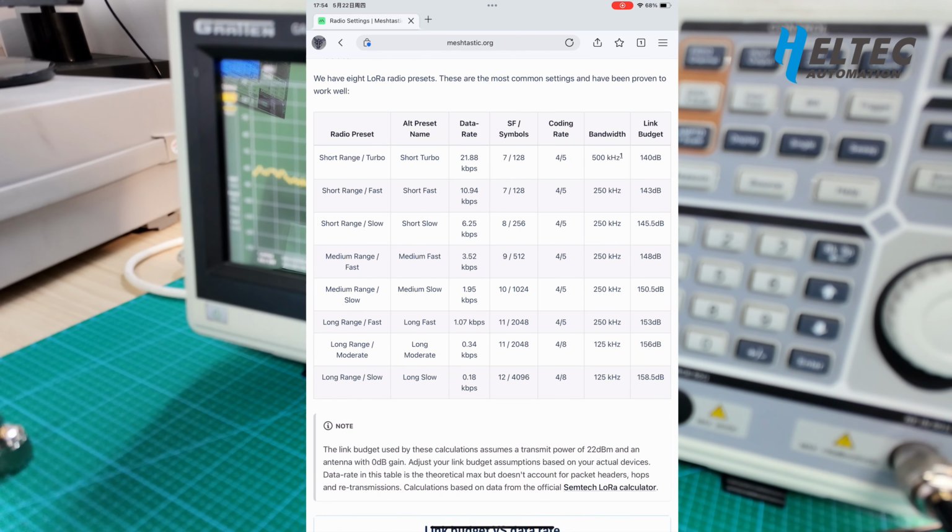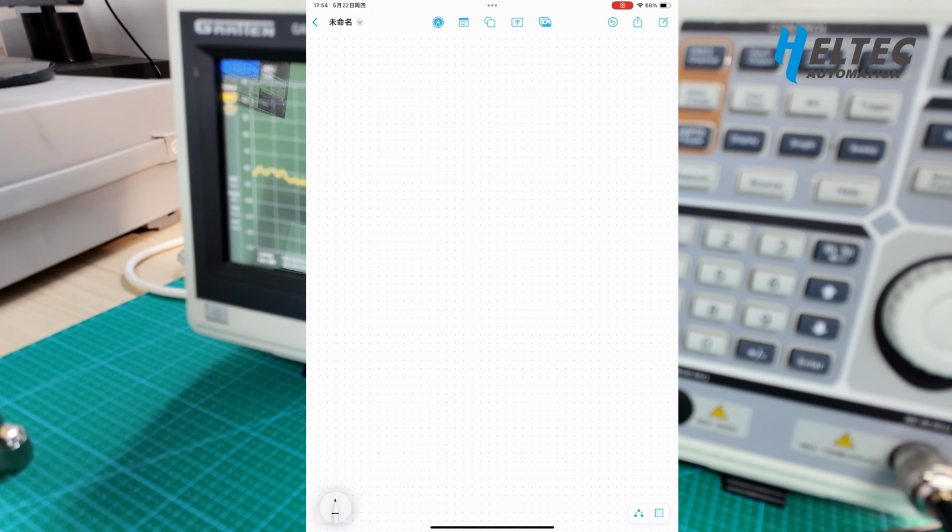So with some simple calculation, this is the center frequency of the default communication point, and here is the bandwidth, 250 kHz, which is equal to 0.25 megahertz, right?